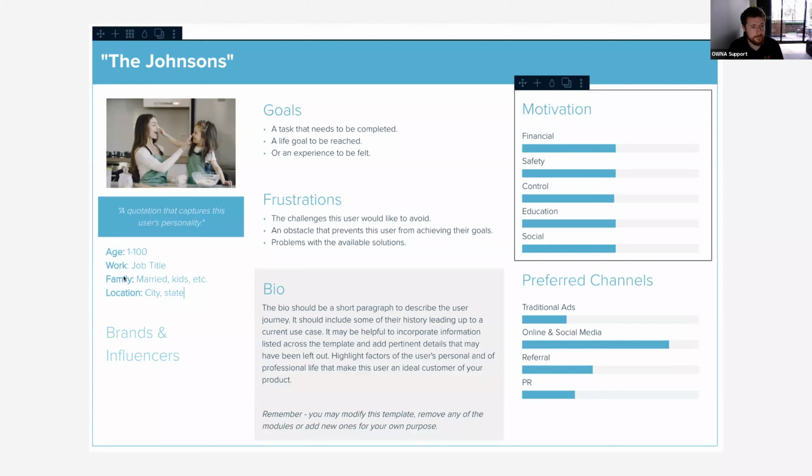Location's obviously important. The work can differ, but depending on the area you're from, there might be a typical kind of area that they might be in. The age, obviously, depending on the families. And then the other one is brands and influencers. So this could be anything from Coles and Kmart to baby brands and things like that. And the goals and frustrations, obviously, they should relate to